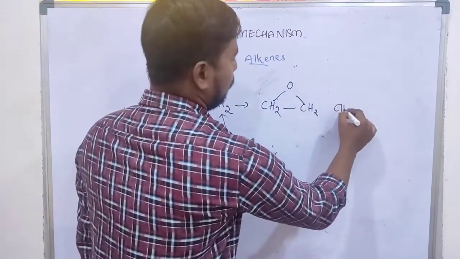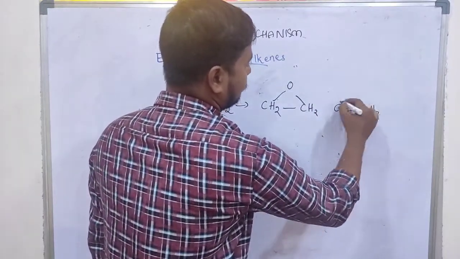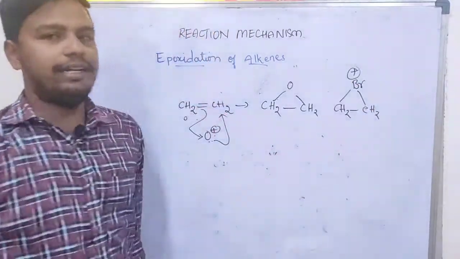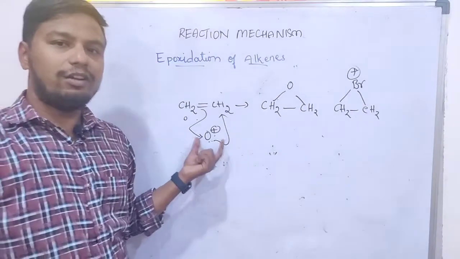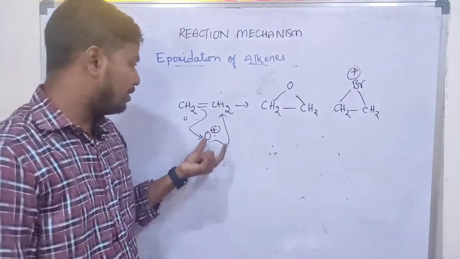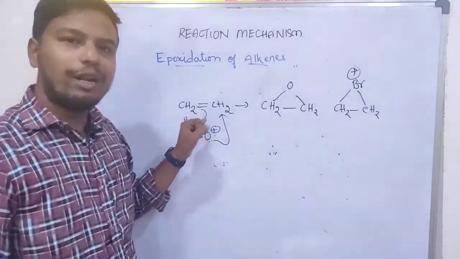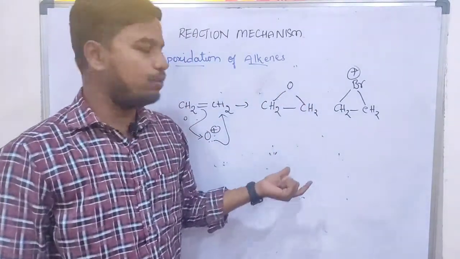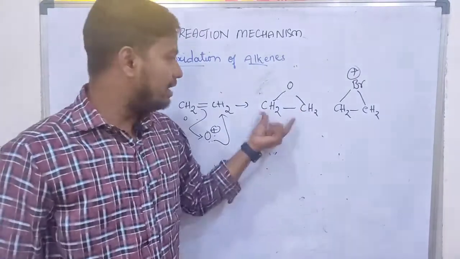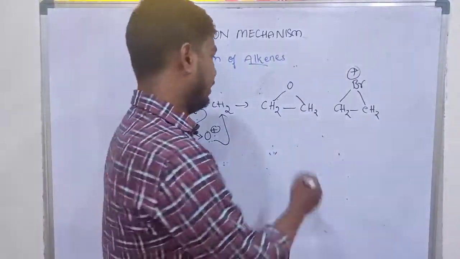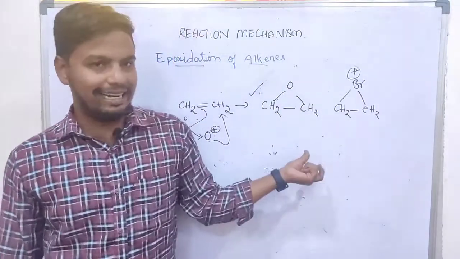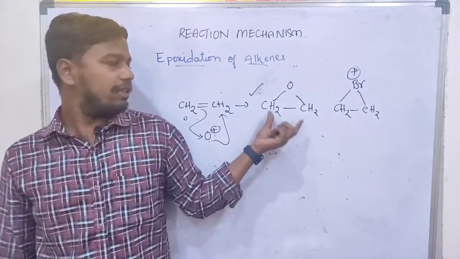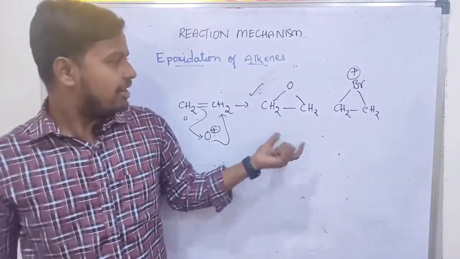But in the case of our bromonium ion, we saw that we had written a positive charge, right? But here it is already delivering electrophilic oxygen, so there is no need to write that positive charge, because it was neutralized by the formation of the bond. Now see, oxygen contains 2 bonds as usual, and carbon contains 4 bonds, and it is saturated. So an epoxide is a heterocyclic ring with an oxygen atom. This is one of the best examples of the electrophilic addition reaction.